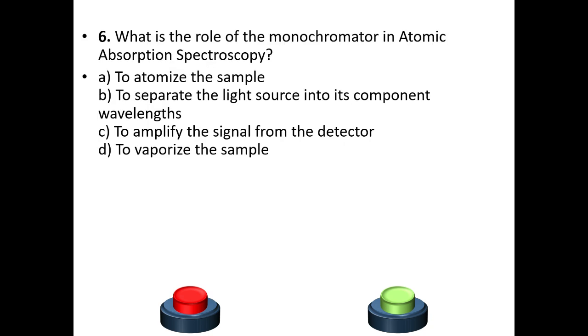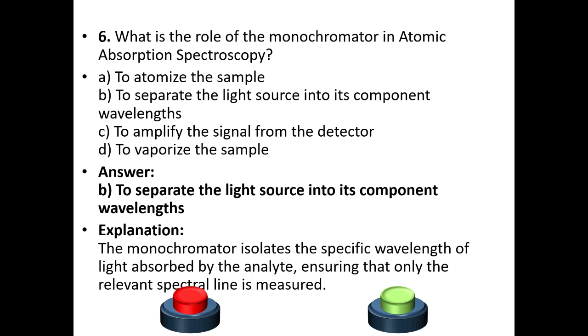Sixth question. What is the role of the monochromator in AAS? To atomize the sample, to separate the light source into its component wavelengths, to amplify the signal from the detector, to vaporize the sample. Which is the answer? Your answer is option B. To separate the light source into its component wavelengths. Explanation: the monochromator isolates the specific wavelength of light absorbed by the analyte, ensuring that only the relevant spectral line